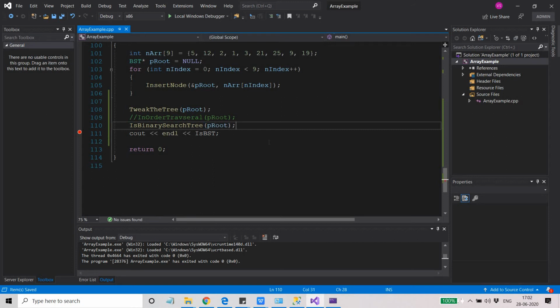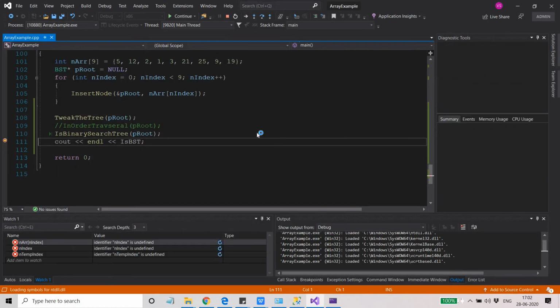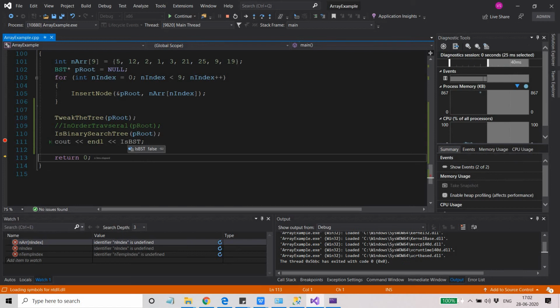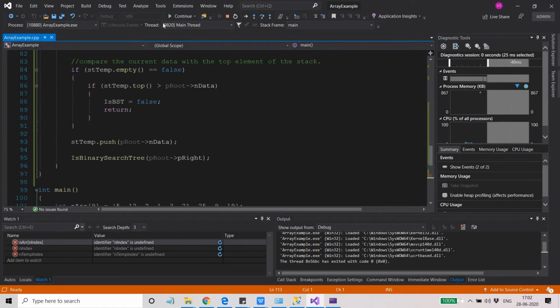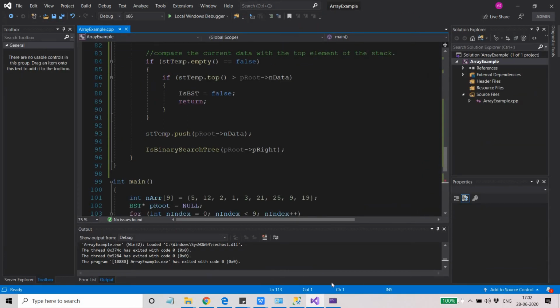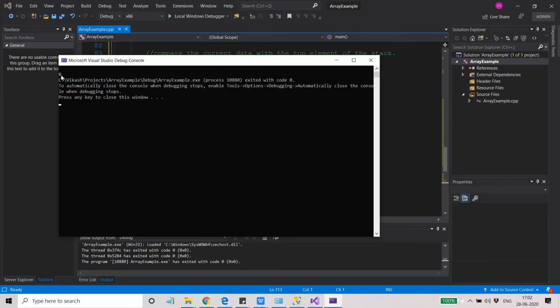So now, if I run this, if I do F5, then I will be able to see that isBST comes out to be false, because this tree is not a BST anymore. So if you do this, you will be able to see 0 here. 0 means false.